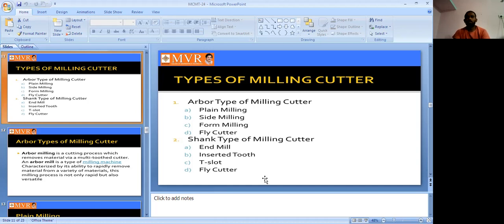What are the different types of milling operations? Next, what is a cutter, and what are the different types of cutters? So that is our today class. Next class is about holding devices, and what are the different types of holding devices. Then in the following class we will discuss milling machine accessories. So this is the overall fourth unit.